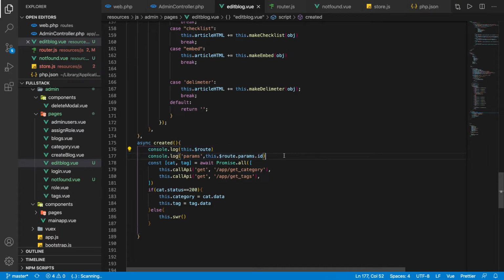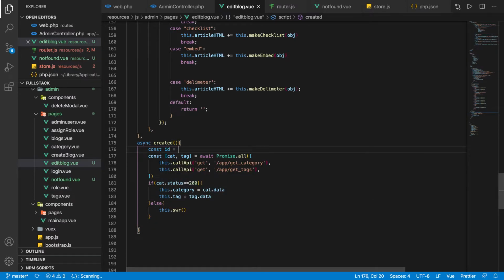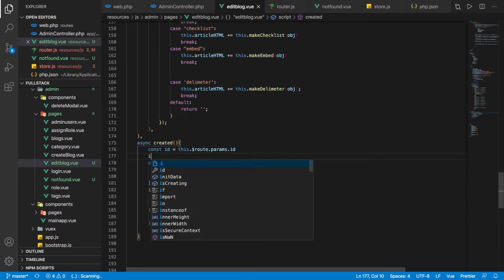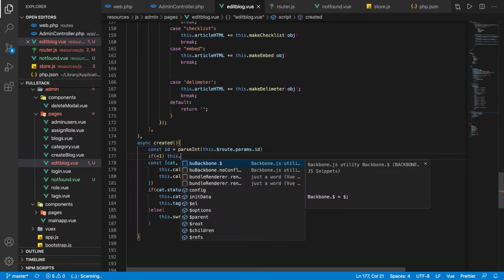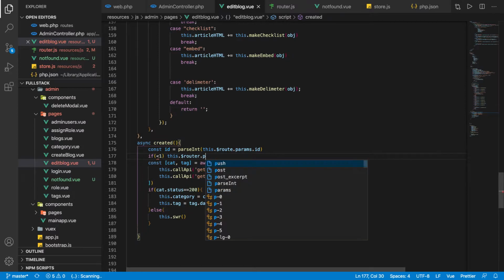So you can do const id equal, and we can do this way, first int, and if it is smaller than 1, we can return, or we can simply do this.router.push to